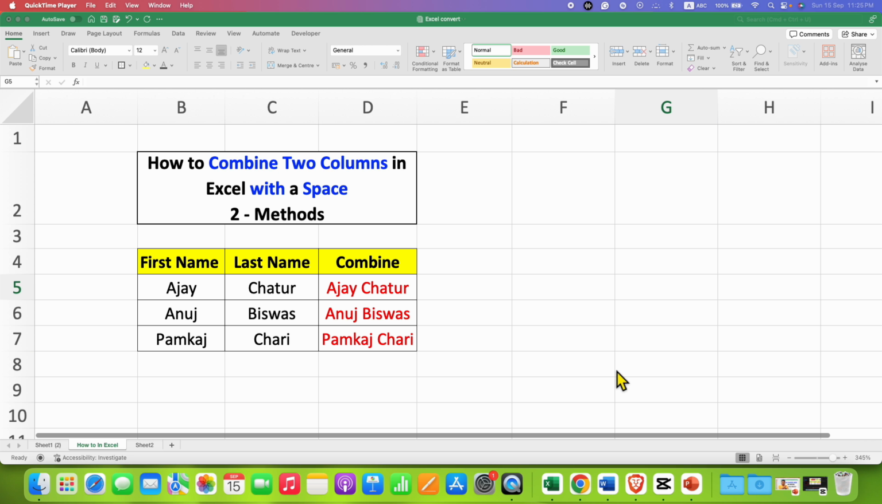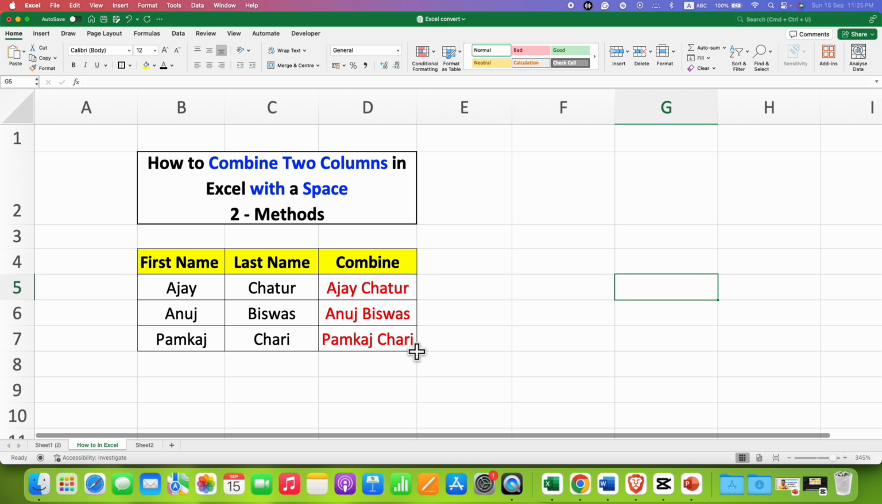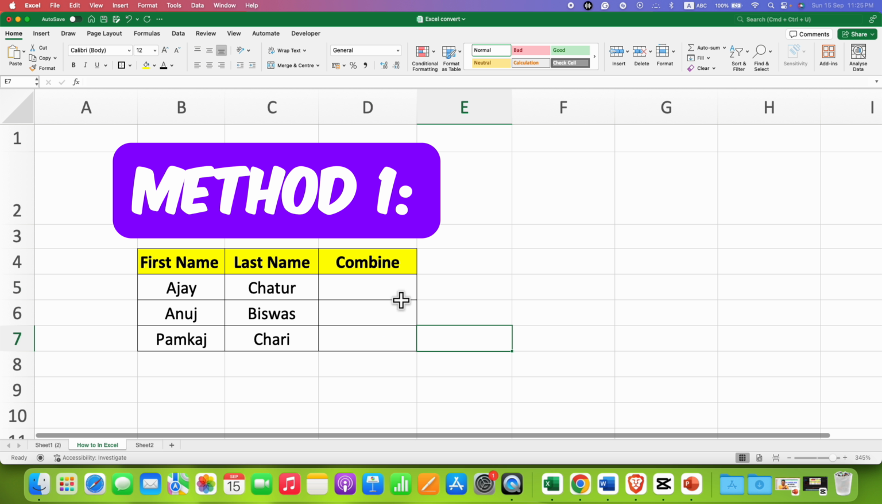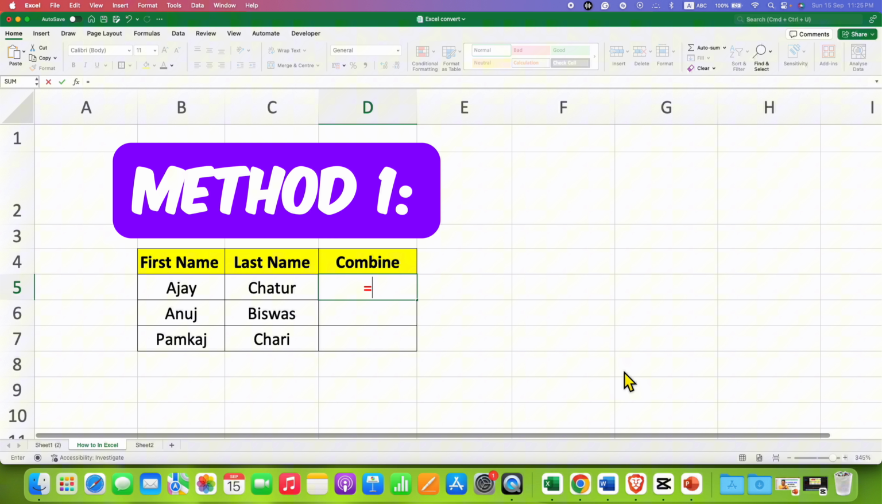In this video you will see how to combine two columns in Excel with a space between them. As you can see, I have here first name and last name, and I have combined them together with the space in between. In the first method, just click inside the cell and type equal to on your keyboard, and